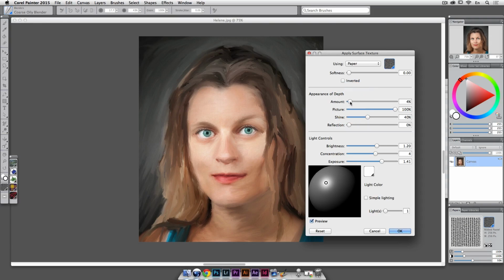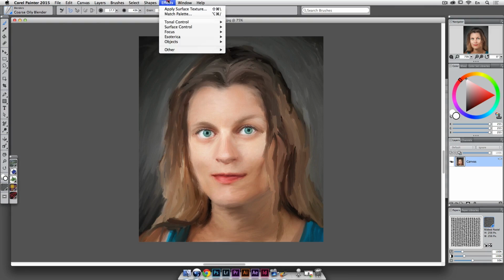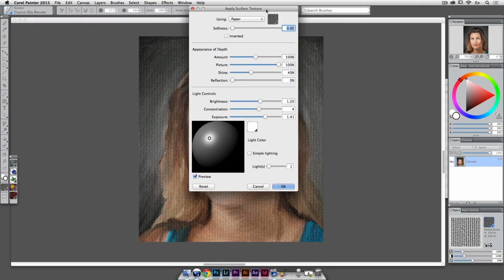Really, this is really minor. Don't want to touch that. Shine, more or less shine. Don't want it too shiny. I really wanted a tiny bit there. In fact, I'm going to go with 3. All right, hit OK. And then I go again in Effects, Apply Surface Texture, but this time